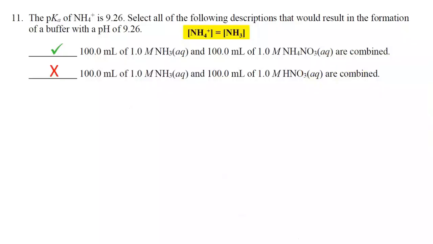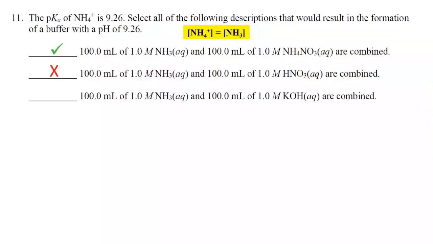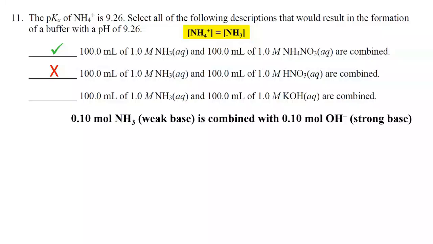In our next example, we have 100 milliliters of 1 molar ammonia and 100 milliliters of 1 molar potassium hydroxide, which is a strong base. We're not going to get the buffer that we're looking for by combining a weak base with a strong base. So we're trying to find a solution in which the NH4+ is equal to the NH3, and this would not